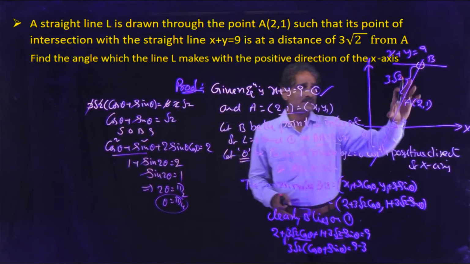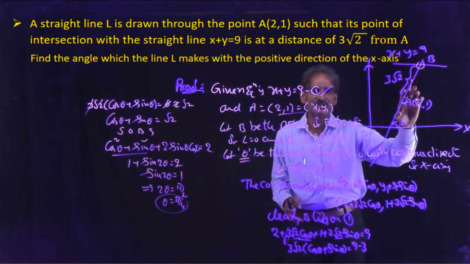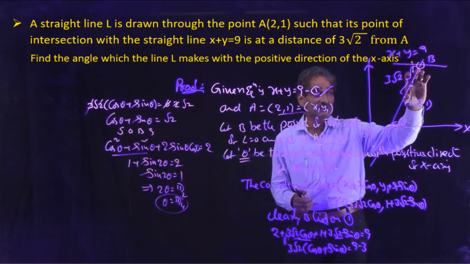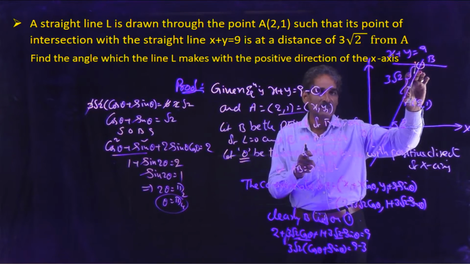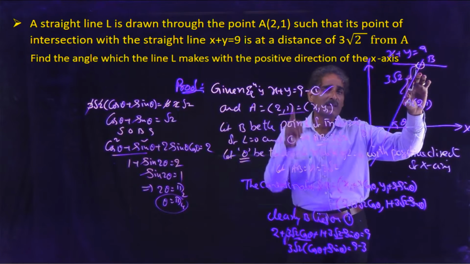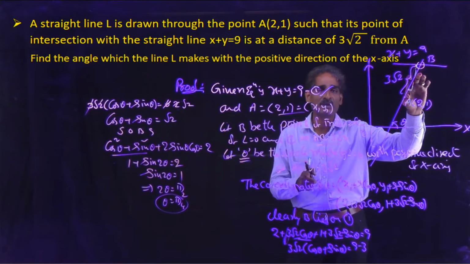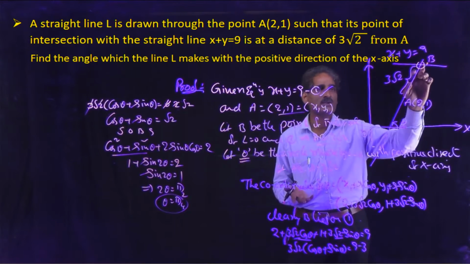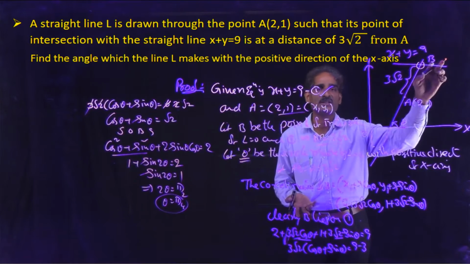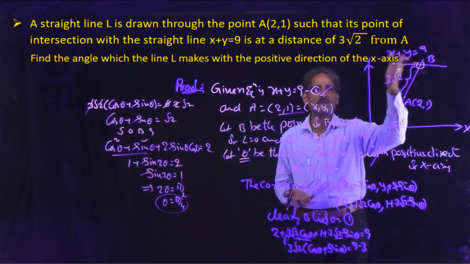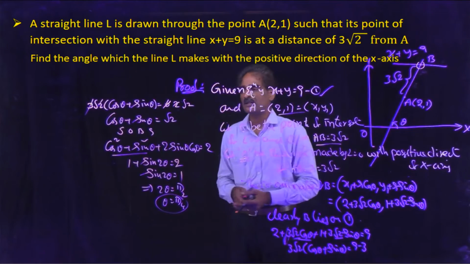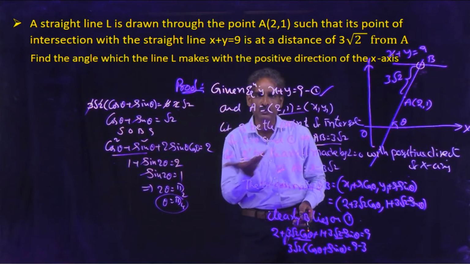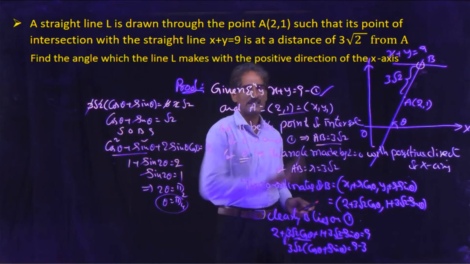Here we have to find the inclination of this line, the angle made by this line with the positive direction of the x-axis. We are given the length on the line, remember it. This is only possible with the help of the parametric form, that is the important thing. So this is r, x1, y1; assume the θ value and find the coordinates of B. Clearly B lies on this line, so just substitute the coordinates of B in the equation x + y = 9. So we will get θ. Here also you can say θ equals π/4, because cos θ + sin θ equal to root 2 is possible only when it is 1/root 2 plus 1/root 2. This is how to find the inclination.